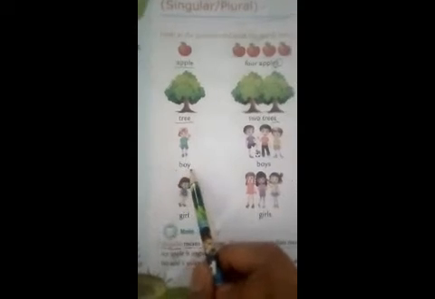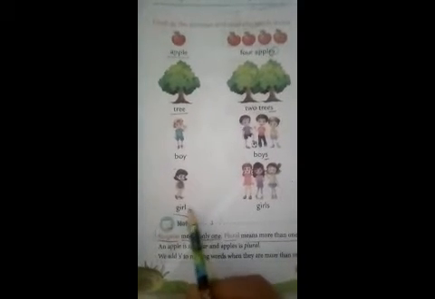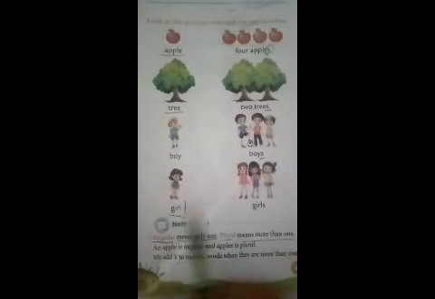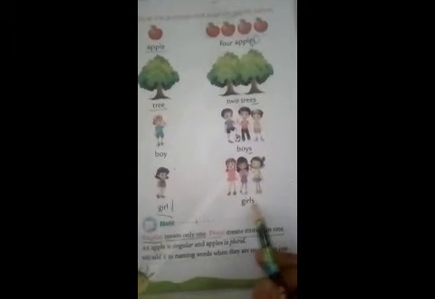Okay. Now this is B-O-Y, one boy. This is 1, 2, 3, which means more than one boy. Which alphabet are we going to add here? S. Now come to the girl. This is G-I-R-L, girl. Why is S not here? Because this is one girl, the singular girl, a single girl. Now why is S here? Because this is more than one. 1, 2, 3 girls. When things become more than one, it is plural. Okay, so we add S.